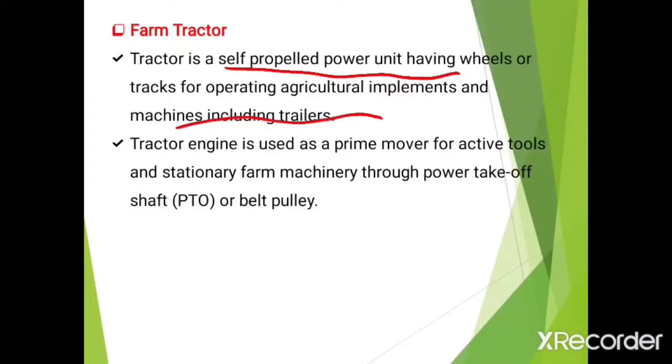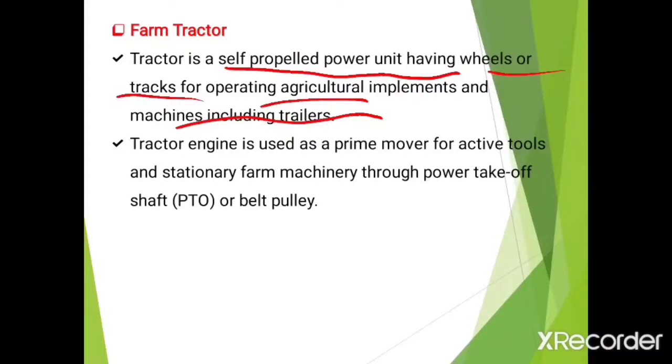Now what is meant by tractor? Tractor is a self-propelled power unit. It means it doesn't depend on another power source. It has its own power source, having wheels or tracks for operating agricultural implements and machines including trailers. You know that the tractor is basically used for doing different agricultural operations and to run different implements